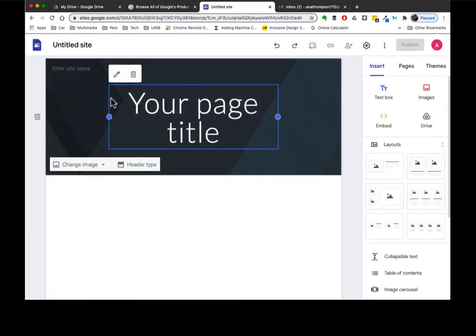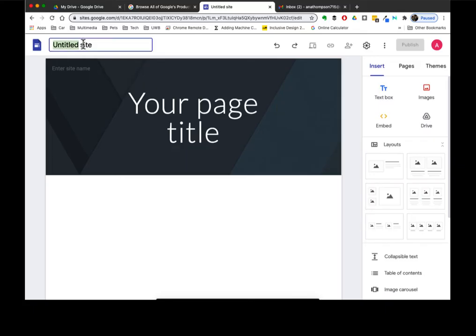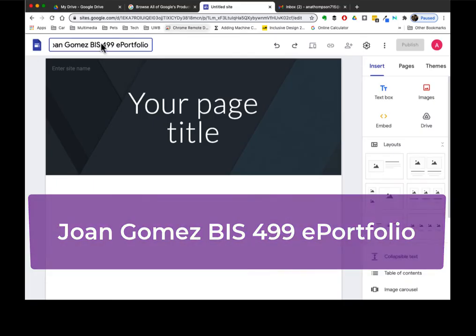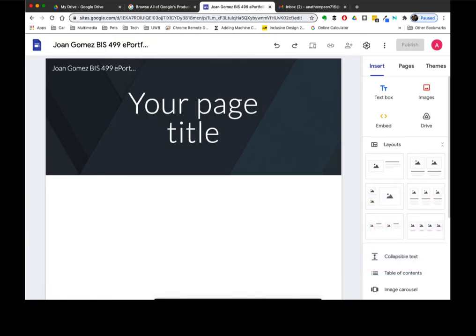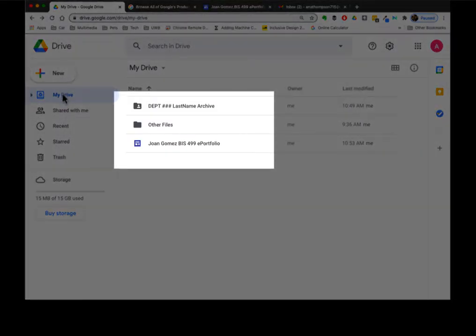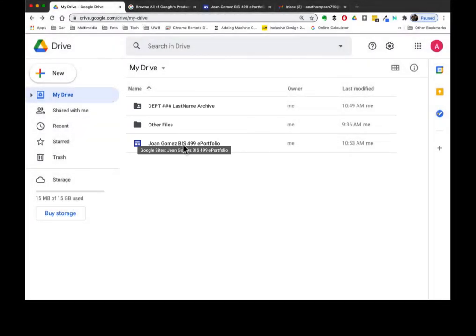Give your site a name by clicking where it says Untitled Site, and change that to the recommended name convention given to you by your program or instructor. For example, enter full name, department, course number, and the word ePortfolio. If you were to peek in your Google Drive, you would see your site already available there. Accessing your site from Drive is a quick and easy way to locate it when you're ready to make some